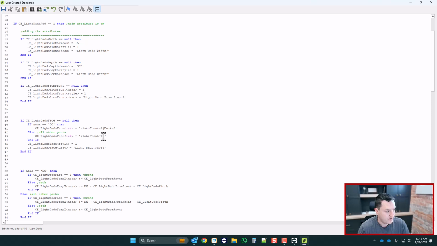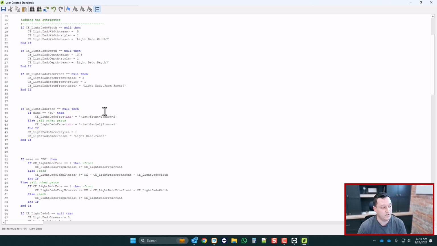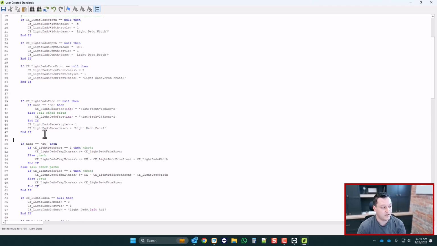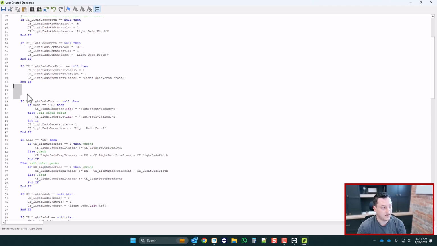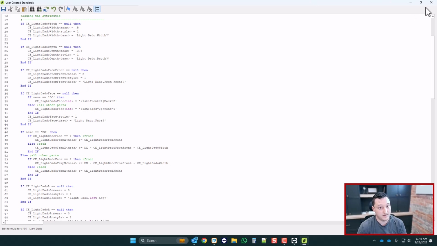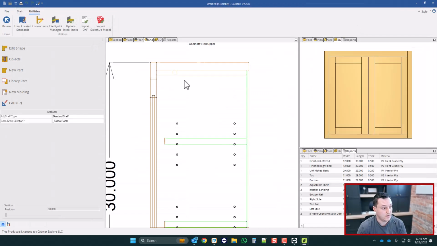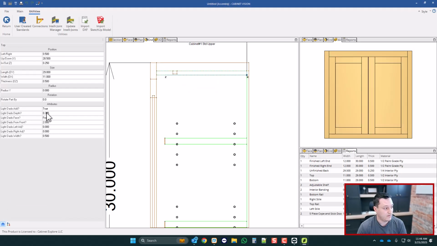So whenever you're doing a list, whatever you put first is what will be the default. So if the name is bottom, we're going to assume it wants to be on the front side, but if the name is top or anything else, we're going to assume that it wants to be the back side. Now I know this is getting complex, but hang with me here because this is an important concept. So now when I turn this on for the first time,